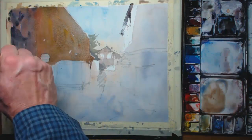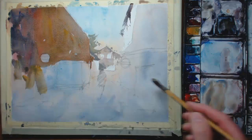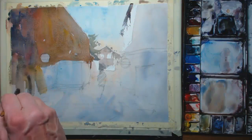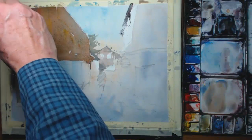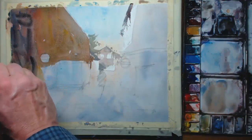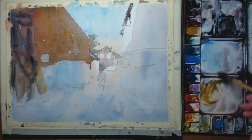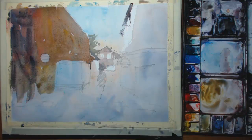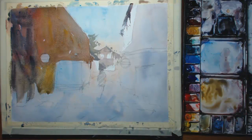And on the left hand side, this is on the side of the picture, so again a bit like the background, we don't want to be too detailed here. So to get the effect of this old building and the texture of the walls, I'm applying the paint, do you see, with these sort of random brush strokes, just to get that feeling of the texture, the stonework texture of those walls. So continuing on down around the van,